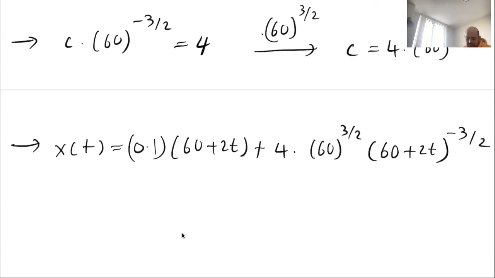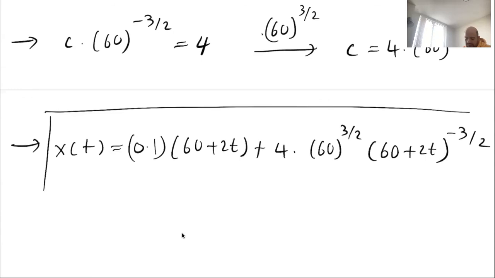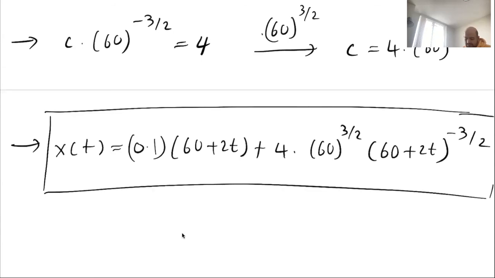So this is the formula for x(t). This is the amount of salt in the tank